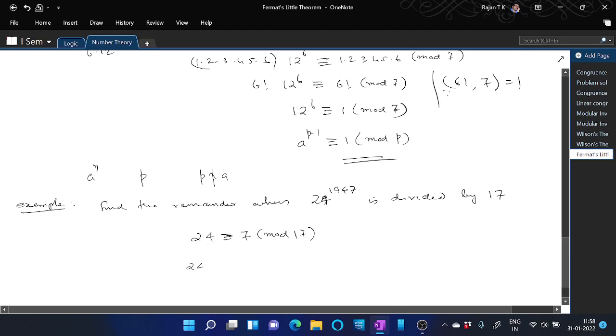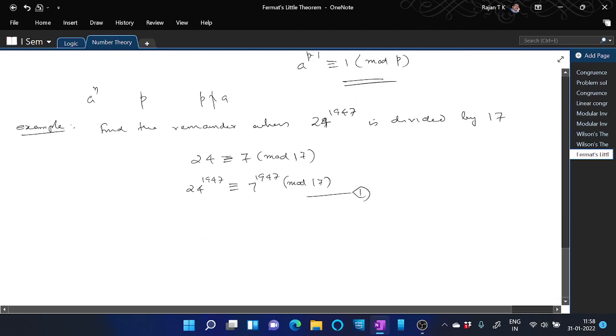Therefore, 24 raised to 1947 is congruent to 7 raised to 1947 mod 17. Take this as 1. Here, by using Fermat's little theorem,